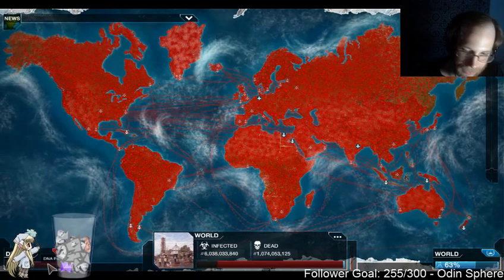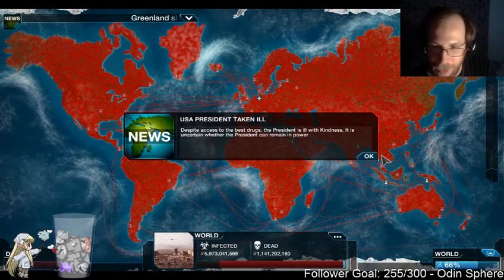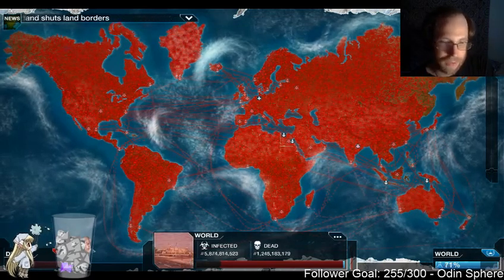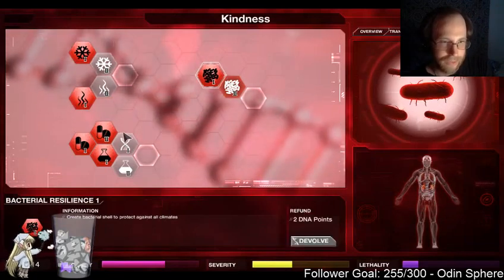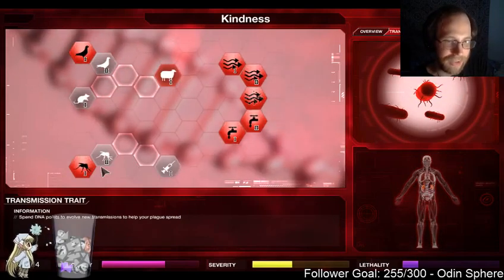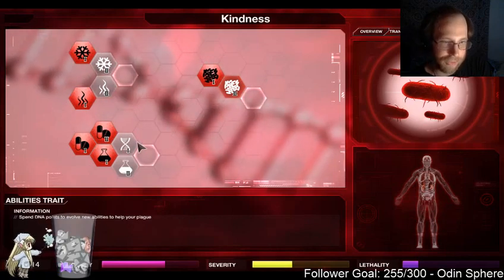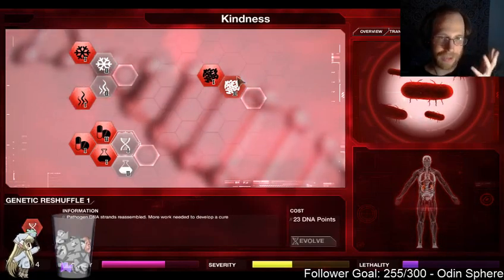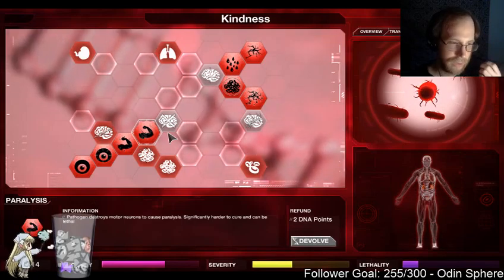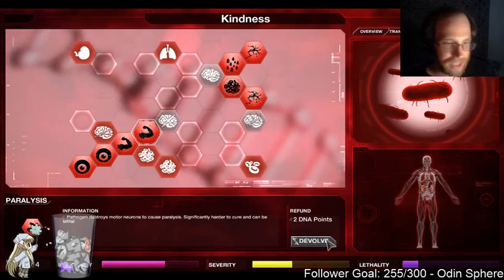1 billion people. Despite access to the best drugs, President is ill with kindness. It is uncertain whether the President can remain in power. Oh boy. We're gonna have to sell something, aren't we? What do we get rid of? I mean, everybody in the world's already got the disease. We don't need to transmit anymore, right? Because how many do we need for this genetic reshuffle? We need 6, 8. So we need to get rid of 4 abilities. 4. What are the 4 that we need? Necrosis is the big one. If we devolve...